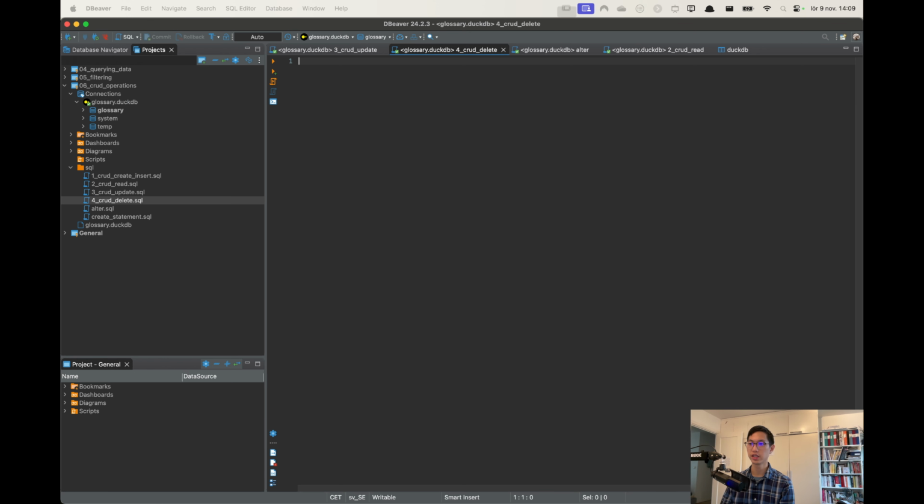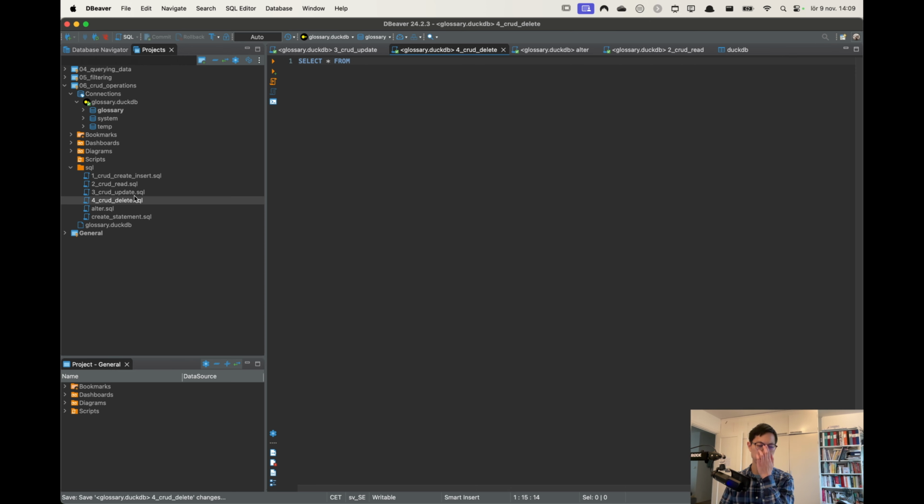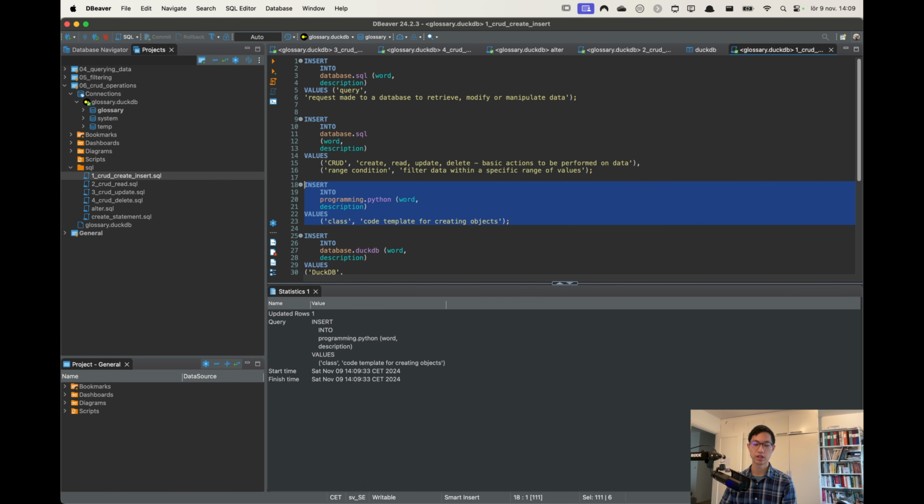So let's go into the delete part. And let's do select star from, or let's do like this. We go back to insert. Yeah, exactly, insert, and we run this one again. So the Python part. Let's run this again. So it means that now we have two rows that are the same but different IDs, right? So we go back to delete,